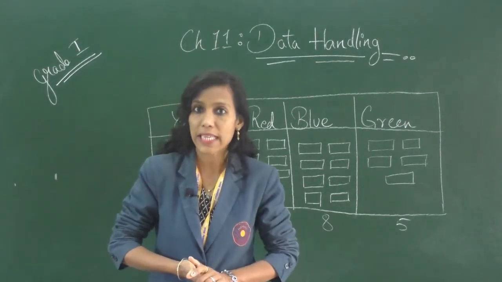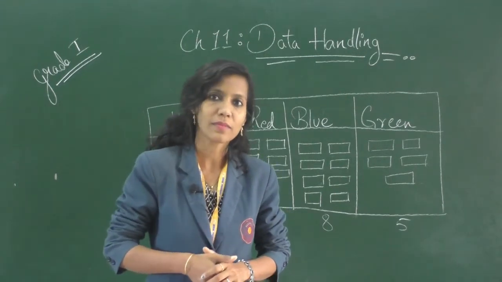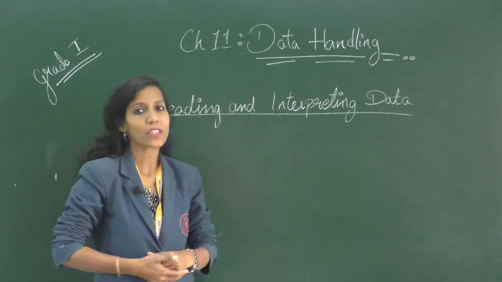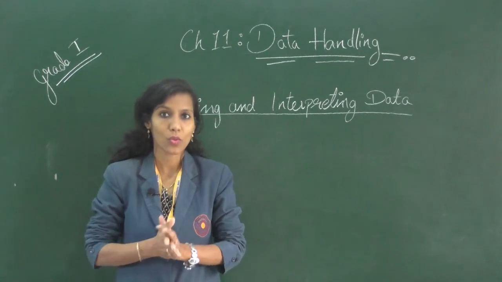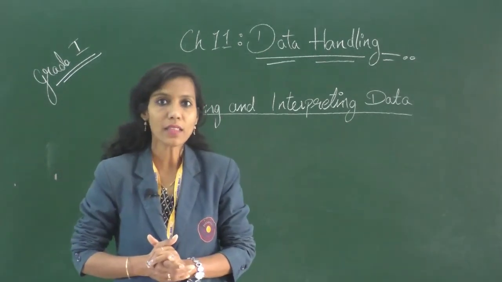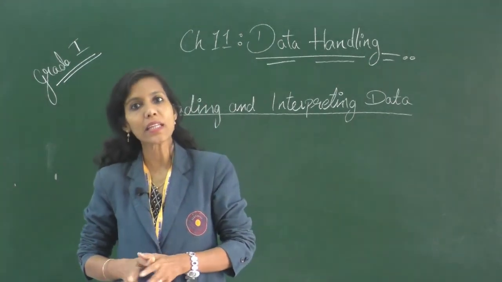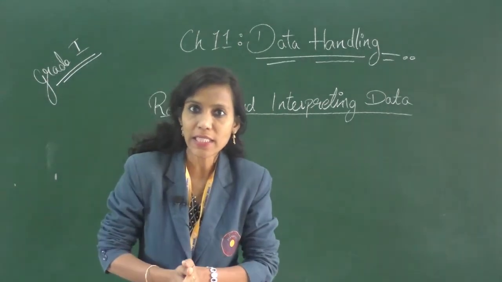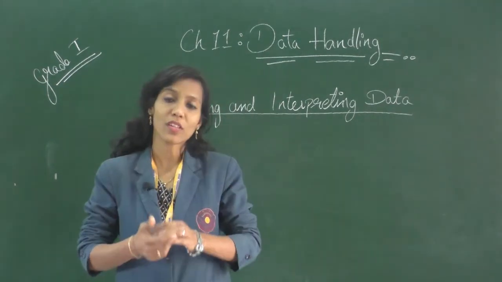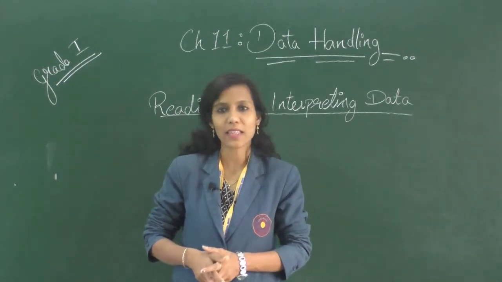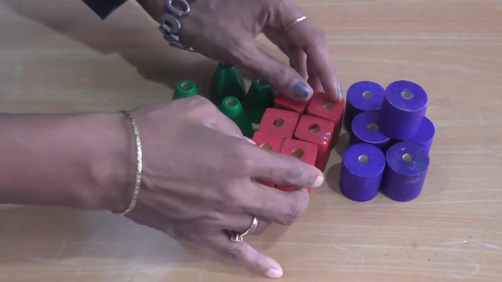So now we'll go to our second major topic, that is how do we read or interpret the given data. Now I have bought a few beads from outside. So we'll make a data table so that we can handle these data much more easily, and we'll try reading out the data which we are going to write down, and we'll also interpret these data. So let's start. Here you can see I have bought beads of 3 colors, that is blue, red and